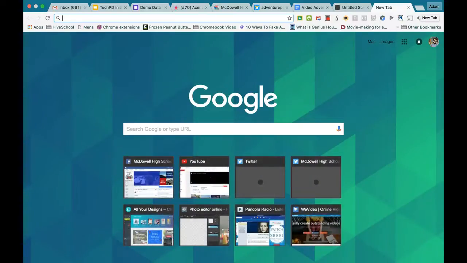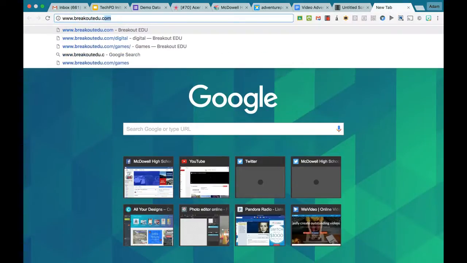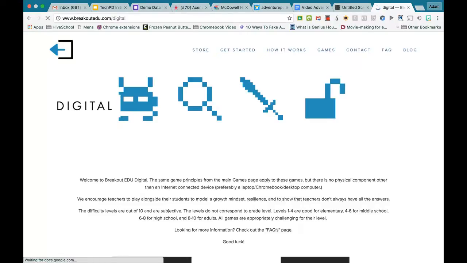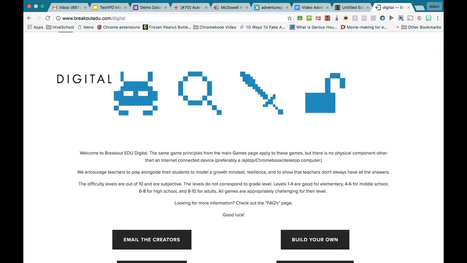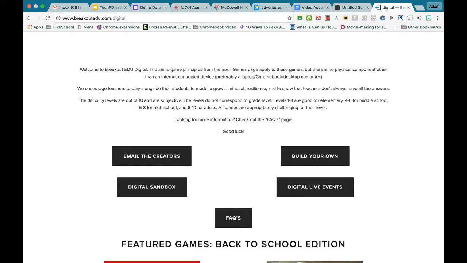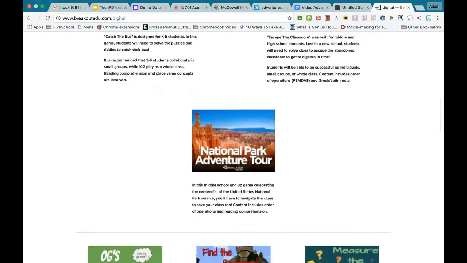To access the independent part, you're going to go to www.breakoutedu.com/digital. This is a good website to find some resources for yourself. If you participate in the Breakout EDU 1 adventure, it will walk you through this a little bit more in detail. So for the purposes of making up the technology professional development that you missed on Tuesday,